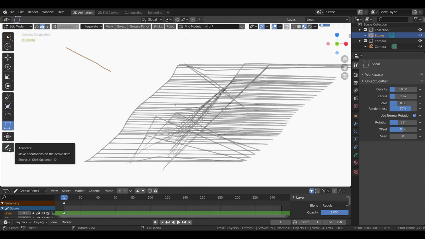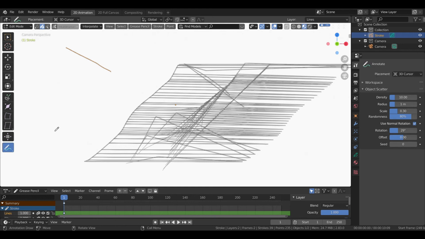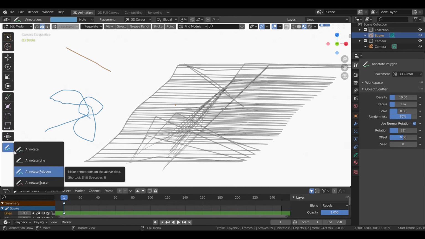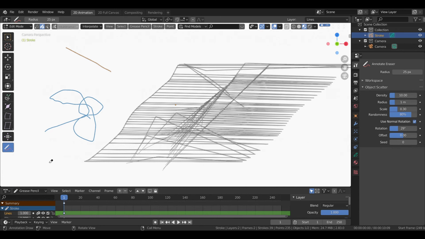Then I am going to talk about this option named annotate. You could use the option annotate as a pen because this cannot be erased with any draw mode eraser. It could only be erased with an annotate eraser. Then press this arrow pointing down. We could see 4 options. Press annotate eraser. This is the only eraser that can erase a pen.